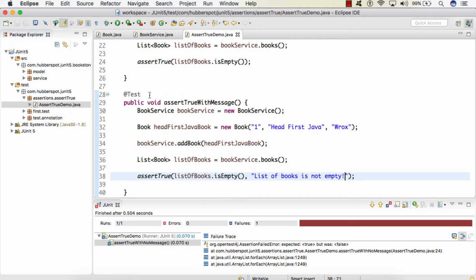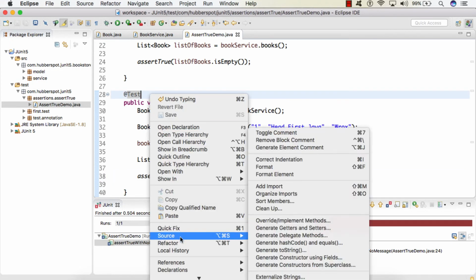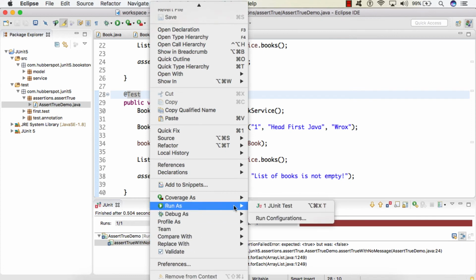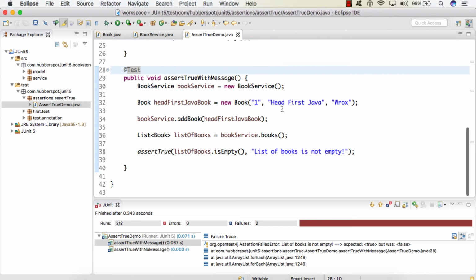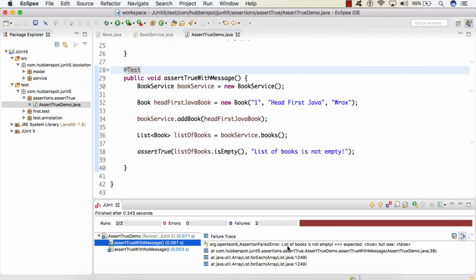So if I run this test case, here you can see assertTrue with message test case failed, but it failed with a customized message which we provided here, that list of books is not empty. Here expectation was true but was false.